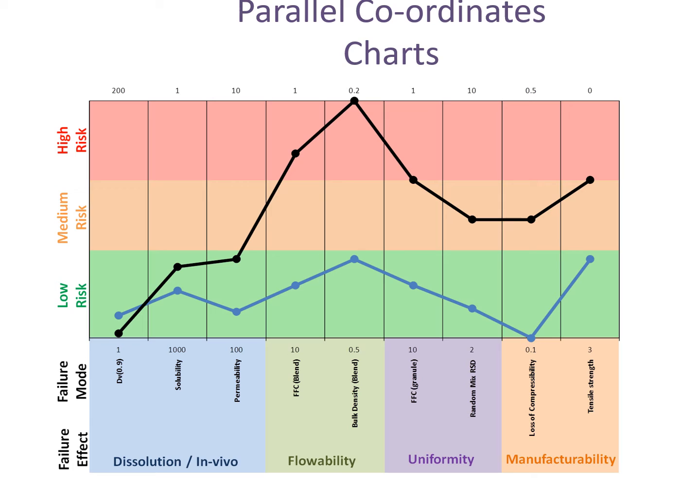And the numbers do represent to a certain extent the true values you'd see. So, for example, the higher the permeability, it would be more towards 100 would be better. If it was low, it would be 10 up there. So what would you do with this information? Well, just to give you an idea of how you might want to process the material. The black material, for example, is high risk on flowability. So that might make you decide you wanted to granulate it in some way. So this gives you an idea of how you can process the data and how you can project it.